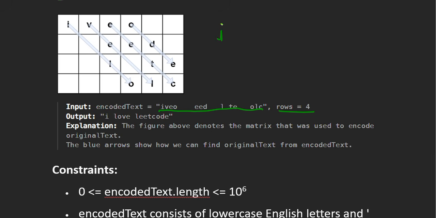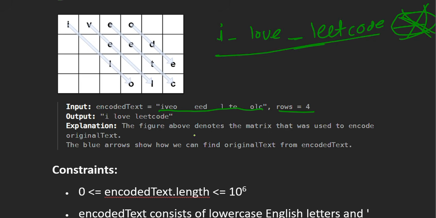The first character is I, then one space, then LOVE, I love, then again one space, then lead code, LWTCOD, I love lead code. Then we have 3 more spaces, but in the question it is given that the answer should not have any trailing spaces, so we remove these spaces. So the answer is I love lead code, right?